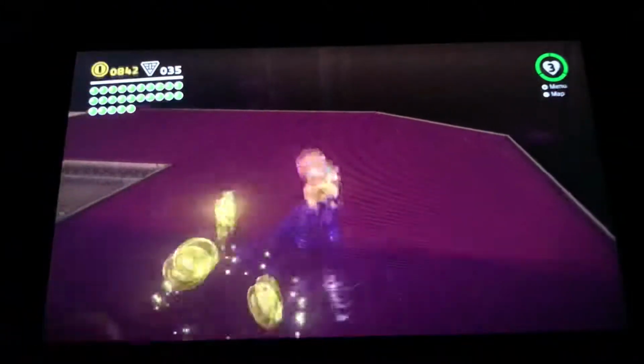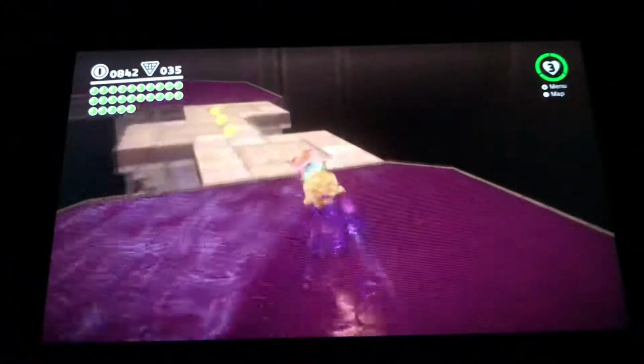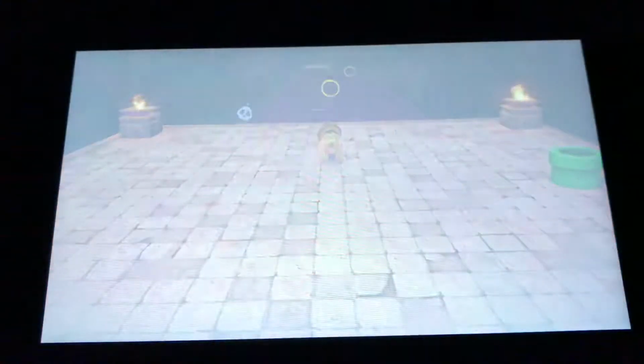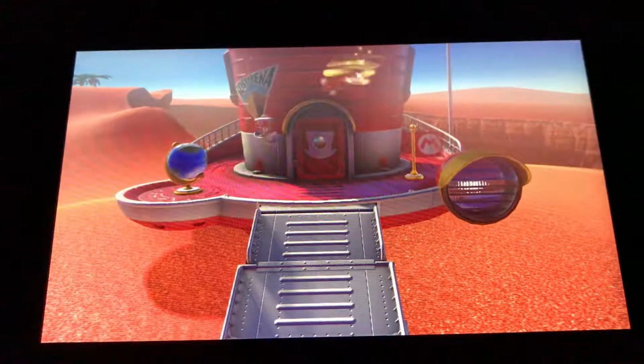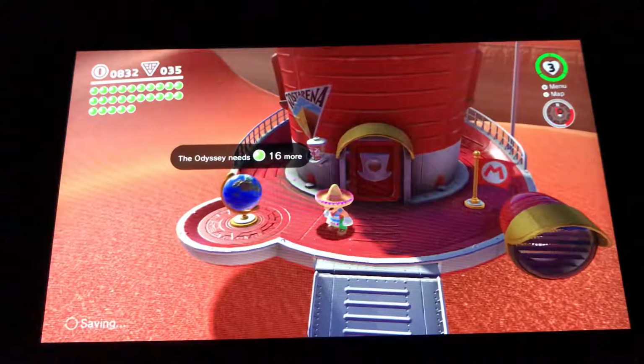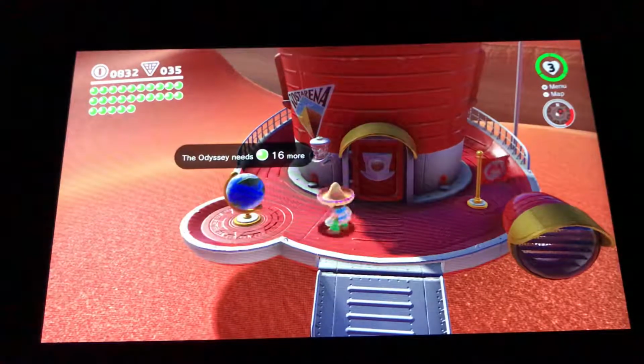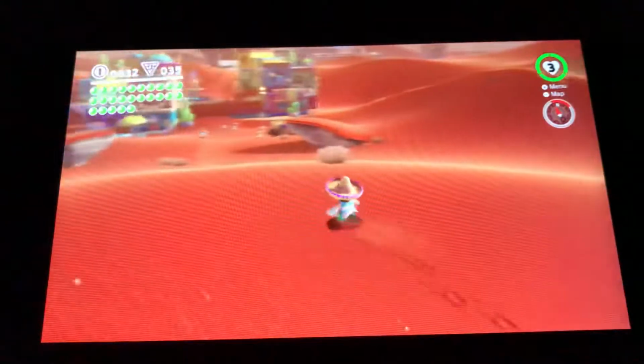Don't fall off the edge now. You know what, screw it. Let's just move on to the next kingdom. We can come back here anytime, honestly. So, it's not that big of a deal. But what I did was the warp feature that Cappy was talking about earlier. So we only needed 16. We have 25. Oh, actually, before I go...